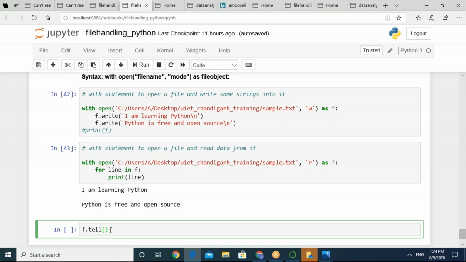for the from-where argument if I want to start from the end of the file, from the current position, and from the beginning, which value do we use? 0.